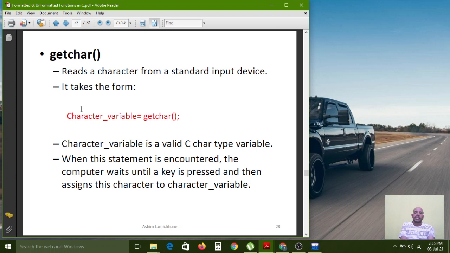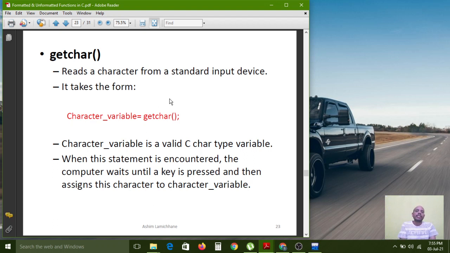Character underscore variable is a valid C character type variable. After that you need to call the getChar function. The getChar function is used to take the input from the user as a character, only a single character.